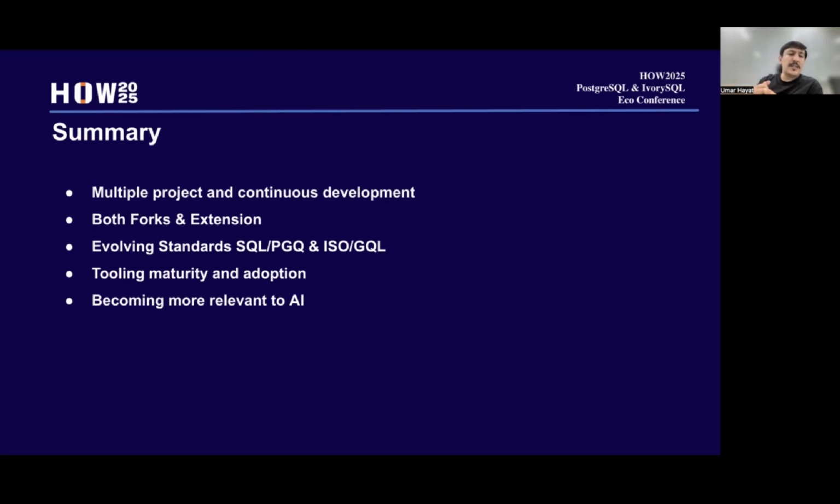The other thing is, this is the first version of SQL ISO GQL and SQL/PGQ. Of course, the standard will also evolve over the years, and it will add more clarity. The good thing is that now these have standards.